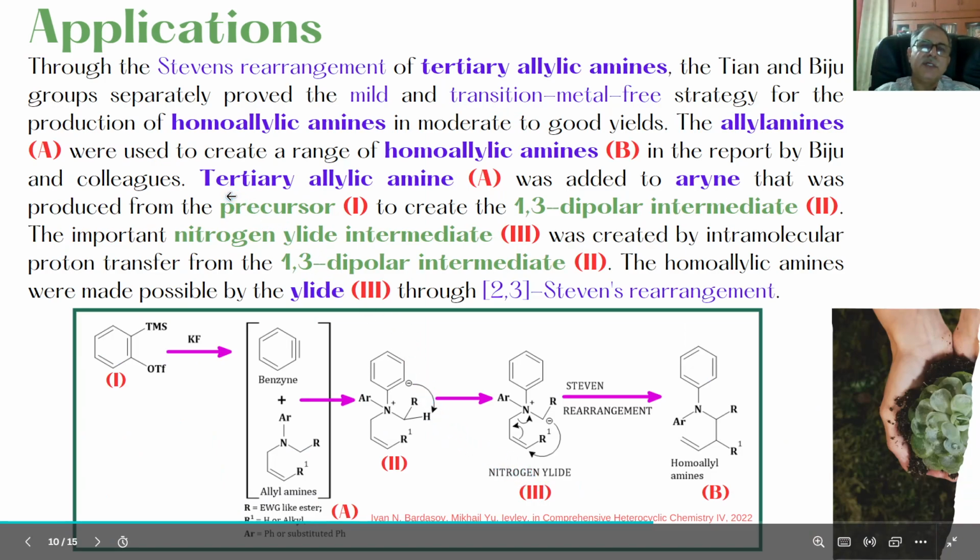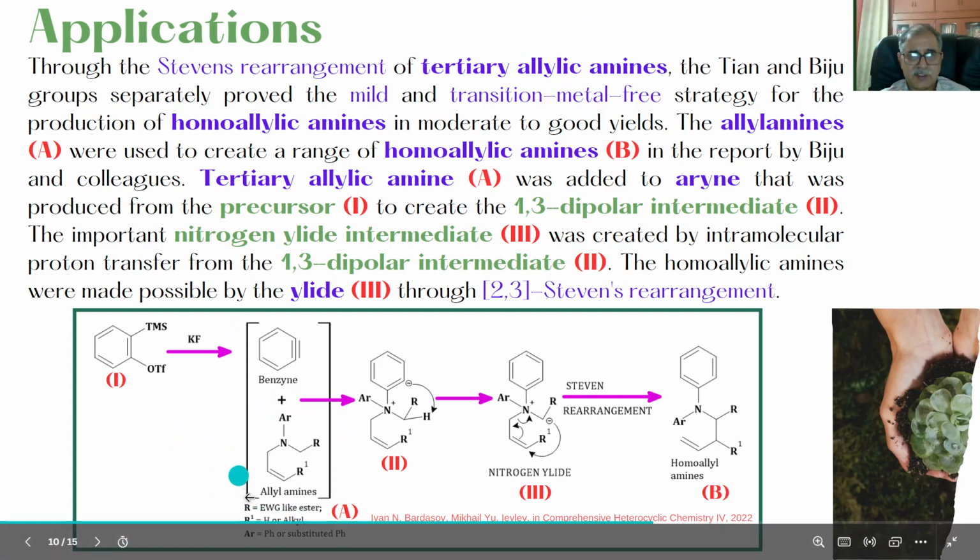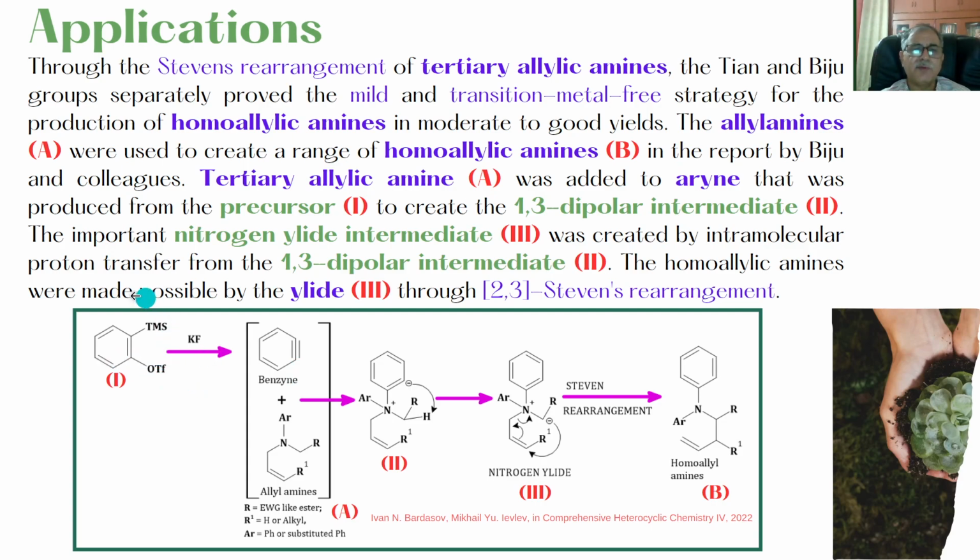Then the Stevens rearrangement of tertiary allylic amines was also studied by some authors. What they found is that homoallylic amines were formed from tertiary allylic amines. For example, if we have these types of allylamines and we react these allylamines with benzyne, which is formed from these types of substrates,